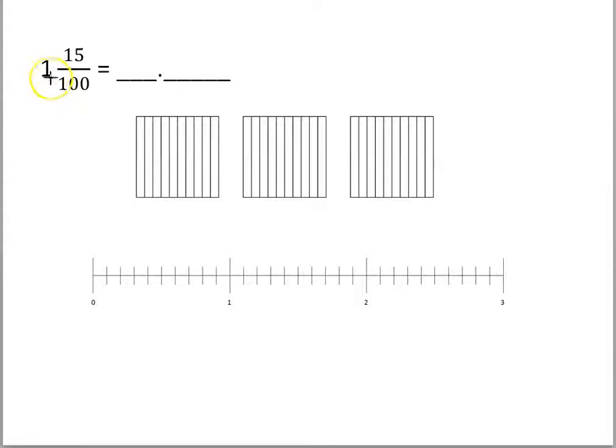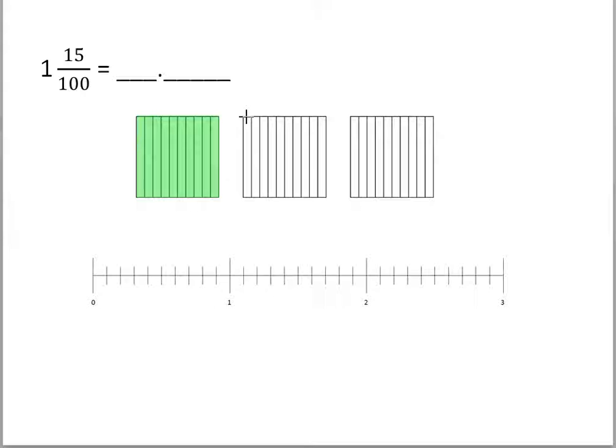That being said, I need to remember what one whole means. One whole means one whole diagram. Now I have to shade 15 hundredths, but I have to think about this. My model is broken into tenths: 1/10, 2/10, 3/10, 4/10, and so on. However, I know that I can